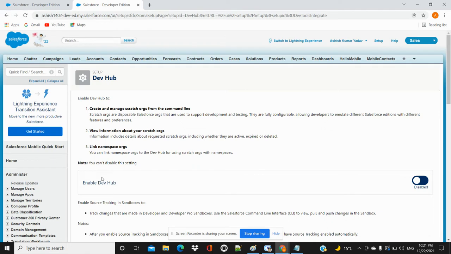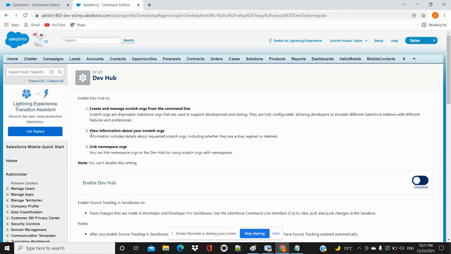Here you are able to see: create and manage scratch orgs from the command line, view information about your scratch orgs, and link namespaced orgs. Scratch orgs are disposable Salesforce orgs that are used to support development and testing. They are fully configurable, allowing developers to emulate different Salesforce editions with different features and preferences.